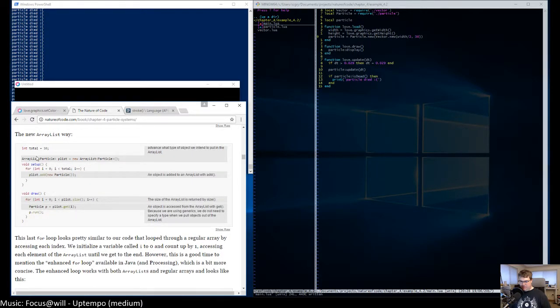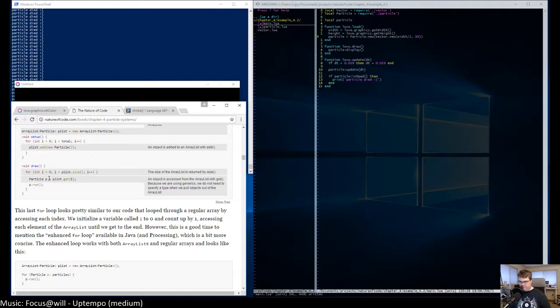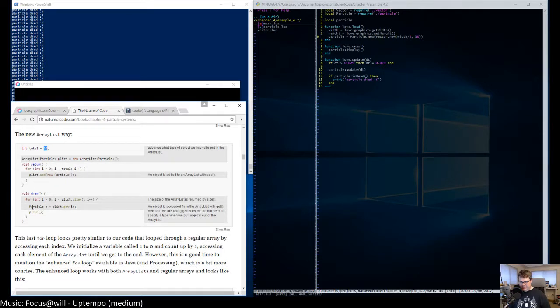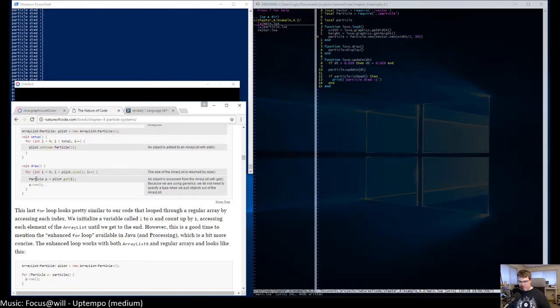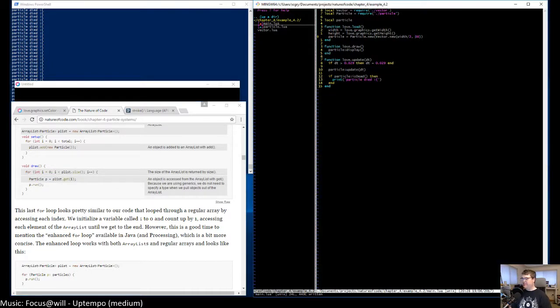And it looks like what they're doing is just creating 10 of these. In setup, they're creating the 10 particles, they're adding them into the array, and then in draw, they're just drawing them. Okay, so let's do that. Let's say particles.